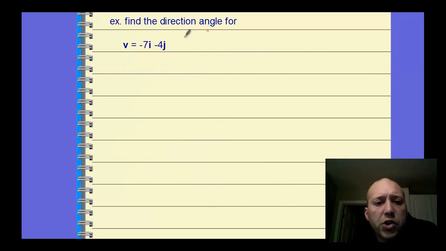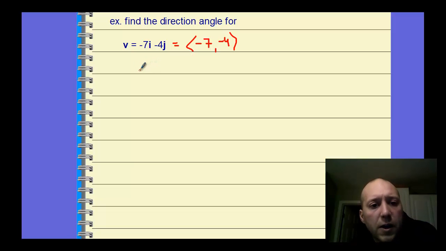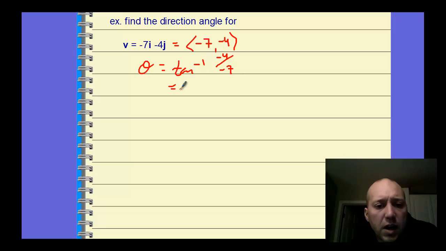So example, find the direction angle. Given this vector, and this is a linear combination, so this is the same thing as -7 comma -4 if you prefer the component form, but it doesn't matter. And so realizing that this is a change in x, change in y, to find theta, all we have to do is do the inverse tangent of -4 over -7. And you plug that in, you find that our theta value is approximately